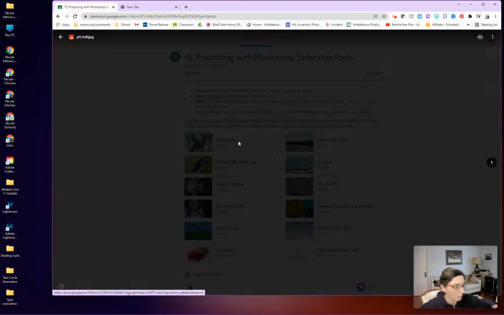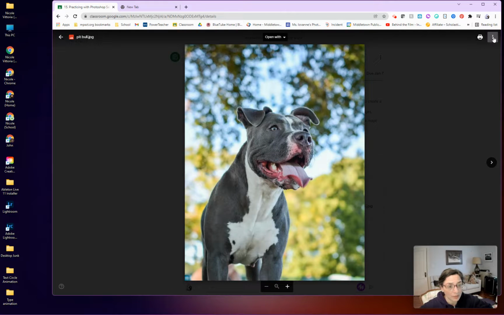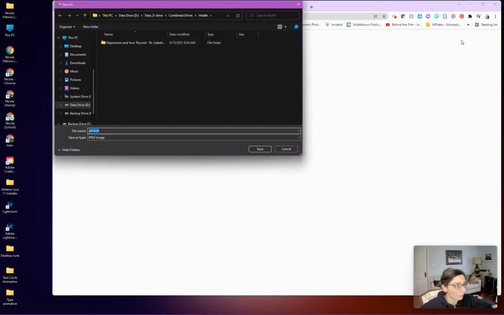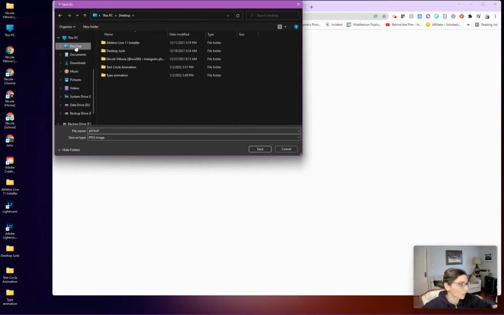them someplace else. So as I open these, I'm going to hit the More Actions button up here, Open in a New Window, so I'm able to get the download button here. And I'm going to do that for all the files. Now, if it doesn't go right automatically into your downloads folder, you can choose that, or you can choose some other place that you know you're going to be able to work out of. So maybe I'll just go to desktop, create a new folder,